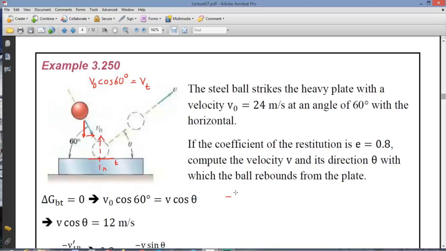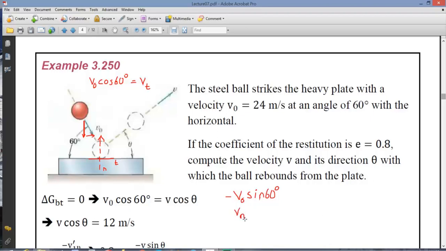It is a negative v0 sine 60 degrees, and then it's going to jump off from the ground in the normal direction with a velocity of v normal,